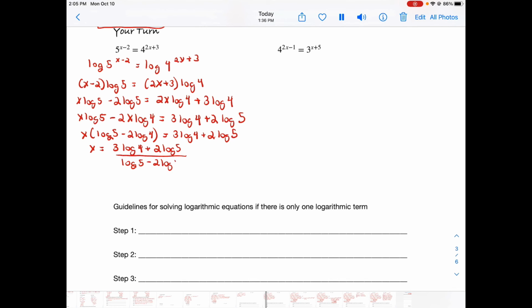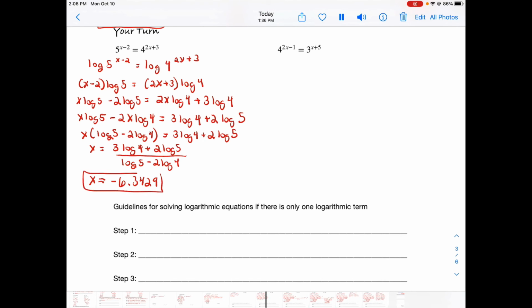Then I can just punch that into my calculator and get my 4 decimal answer, which is negative 6.3429. Now I want to show you another way that I can do this. And this is depending on if you had problems typing this into your calculator, because that's a lot to type in. So once I get to this step when I'm isolating my x term,